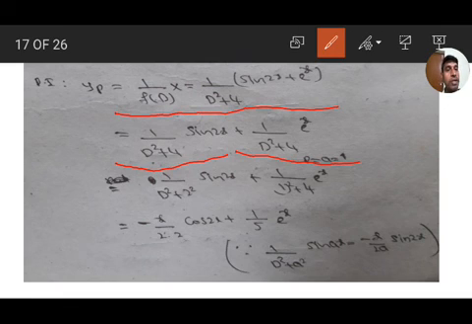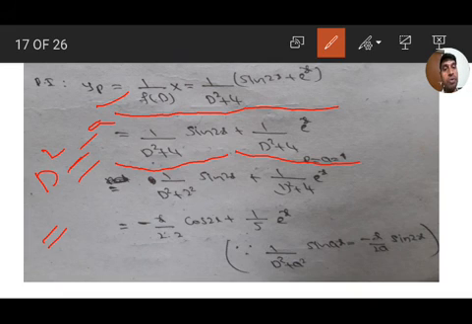For sin 2x, we need to substitute d square equal to minus a square. A means here 2, so minus 2 square means minus 4. Minus 4 plus 4 means it is 0. So we need to use the formula. Here 4 means 2 square, so 1 by d square plus 2 square of sin 2x.